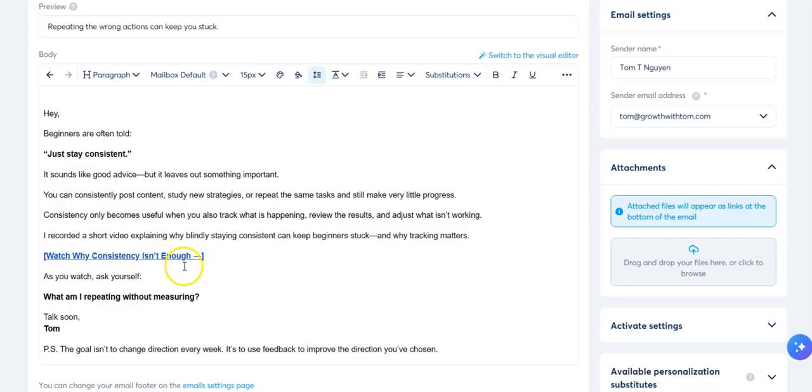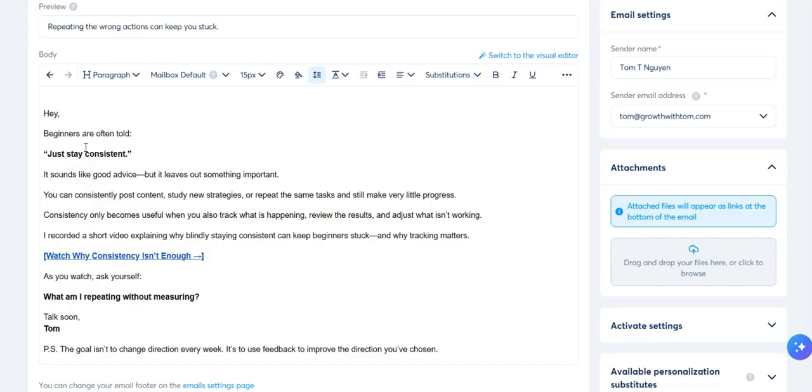So you can see that if people are not clicking, now we have to actually troubleshoot this. Instead of putting this link here, maybe we could put it above this email copy to increase that click-through rate. You see what I'm saying? Or making this email shorter, because at the end of the day, people are distracted, they don't have time to read it, and all this kind of thing.